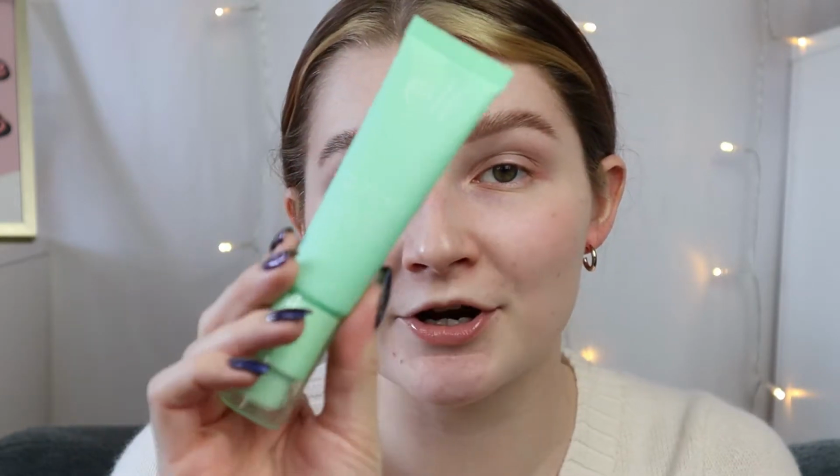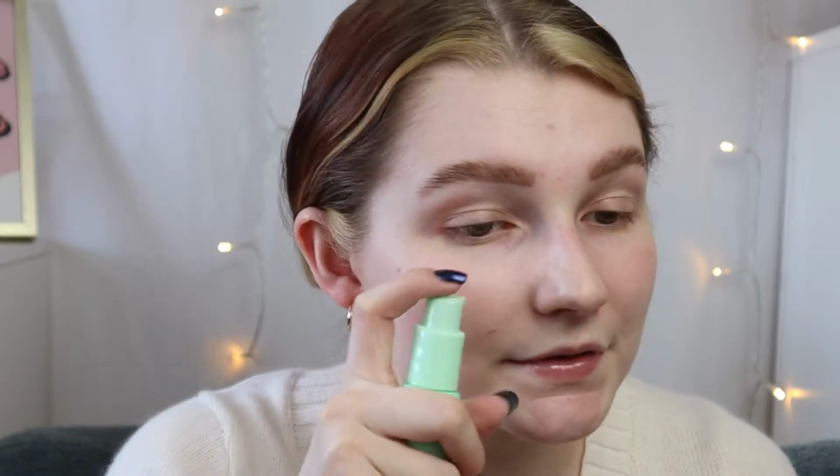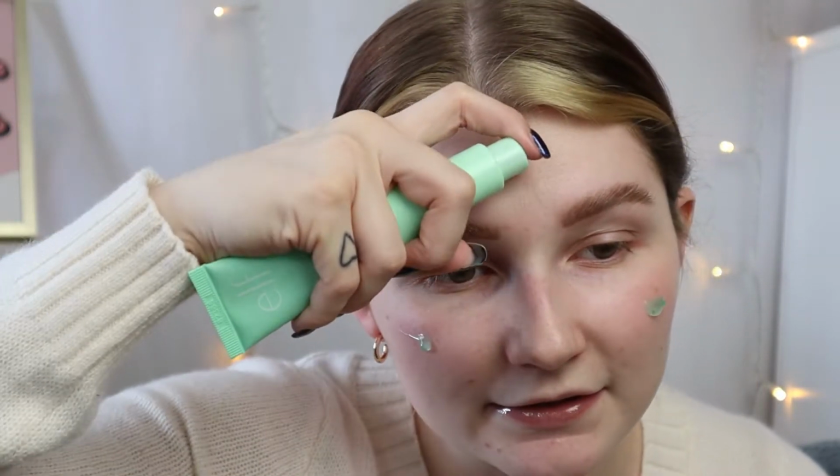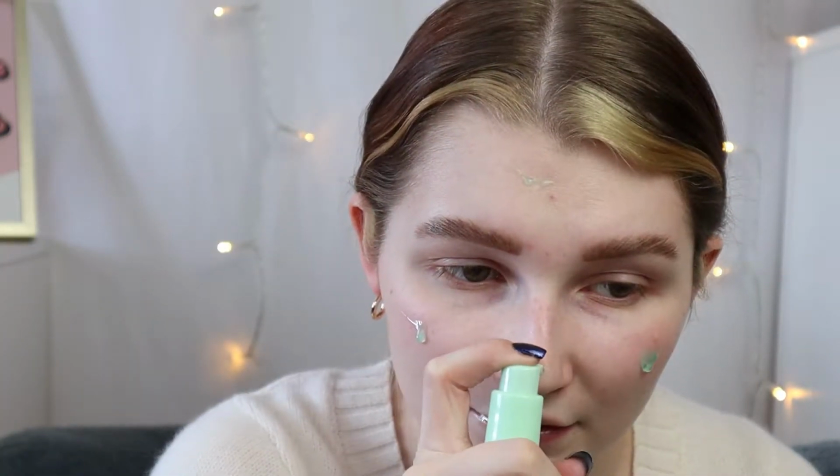So first we're going to prime. I'm using the e.l.f. Mint Melt Cooling Face Primer. I have only used this a few times and I'm a little nervous. I liked it, but it's really tacky, so I'm a little nervous to use it. It gets kind of hard to blend in. It's super tacky, and I've never used it with the foundation that I'm using today, so that makes me a little nervous, but we are hoping